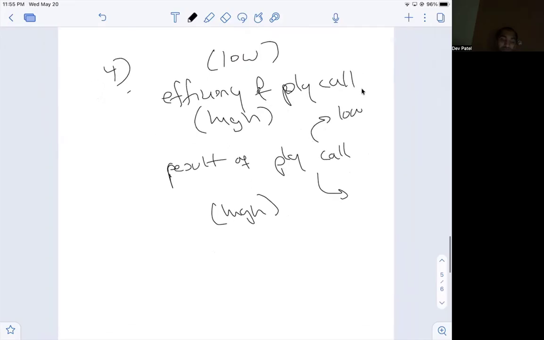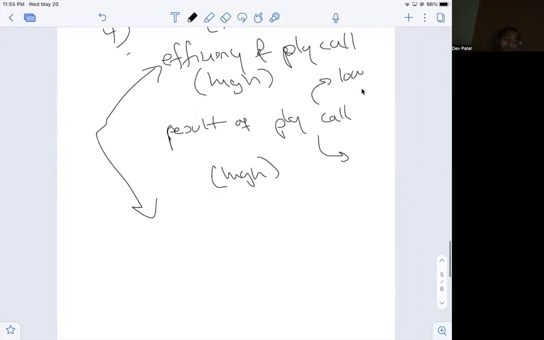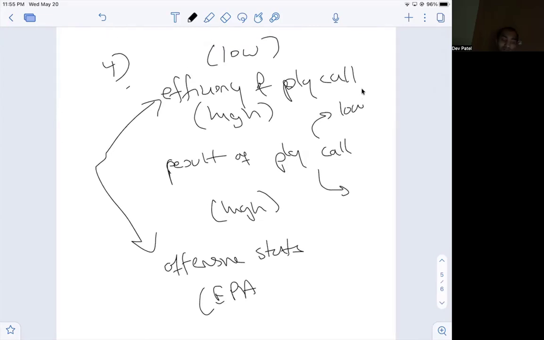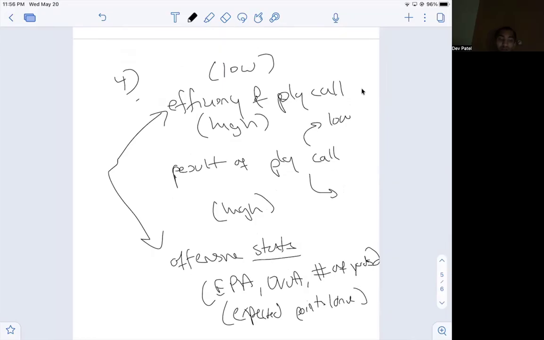So what we can do to quantify the success of this metric is try to see if there's a correlation between the efficiency of the play call and the offensive stats of the team. And so whether it's expected points, is there a correlation between DVOA, number of yards, number of expected points per play or per drive, and compare the offensive stats with the efficiency of the play